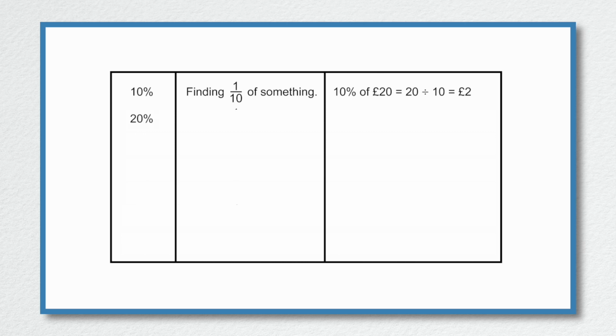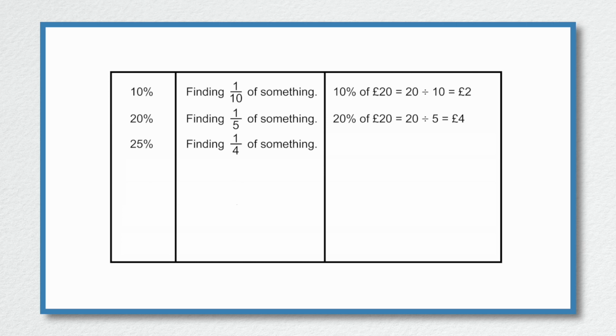20% of something is a fifth of something. So 20% of £20 is 20 divided by 5, which is equal to £4. If we have 25%, well, this is a quarter of something. So if we were finding 25% of £20, well, this is going to be 20 divided by 4, which is